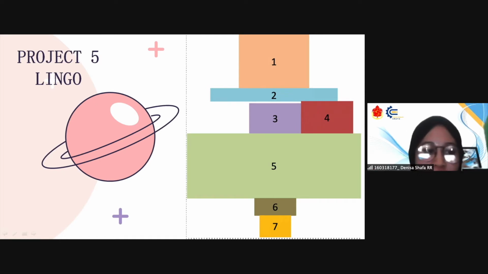In the first one, we have circle machine. The second one, we have brush machine. The third one, we have saw machine. And for the fourth one, we have WSP machine. And the fifth one, we have assembly table. And the sixth one, we have jointer machine. And the last one, we have planer machine.